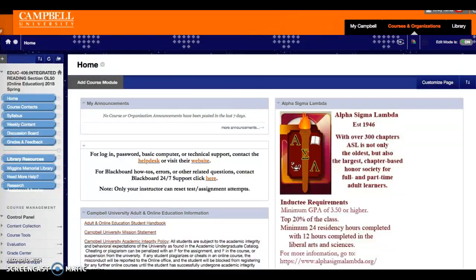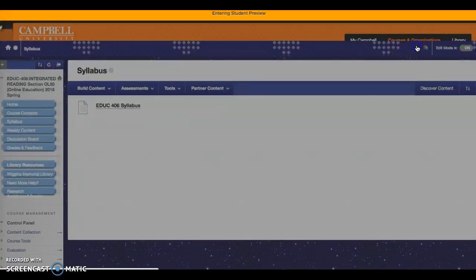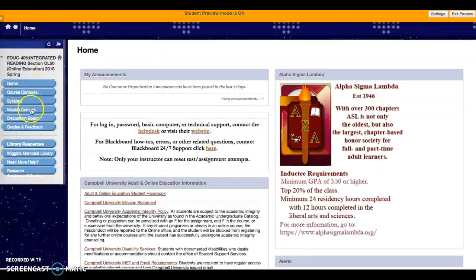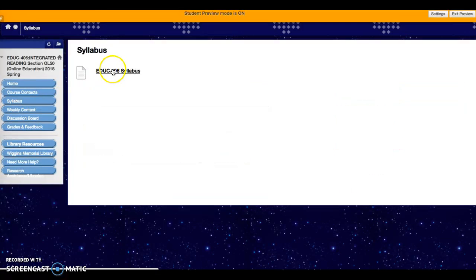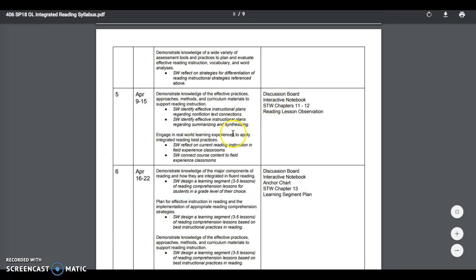This week we're going to look at our learning outcomes, tasks, and assessments, and then what we'll be digging into in our interactive notebook versus another task that you'll complete outside of your interactive notebook. So if we navigate to our syllabus so that we can see what our learning outcomes are, what our assessments are, and what our tasks are,